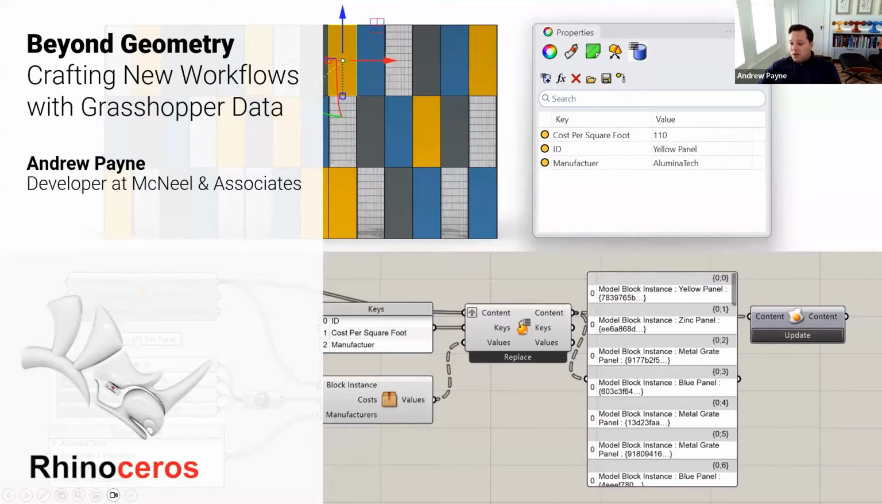Everyone to this workshop at AECtech that we're titling Beyond Geometry, and specifically crafting new workflows with Grasshopper data for Rhino 8. We're excited to kick this off because, to be honest, we've been working on these new set of components for Grasshopper 1 for a little bit over a year and a half. Myself and Kike are the main developers of these tools internally, and we have shown this off,